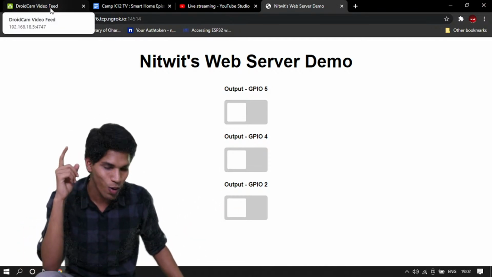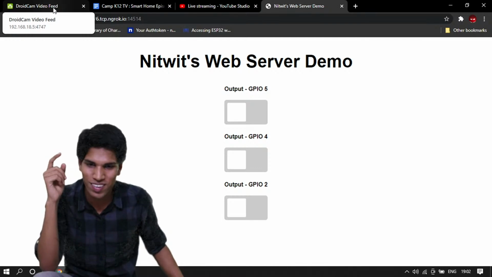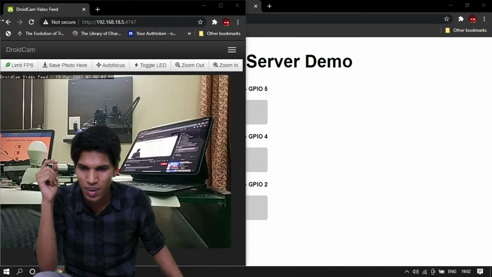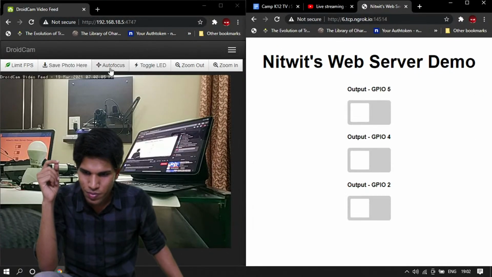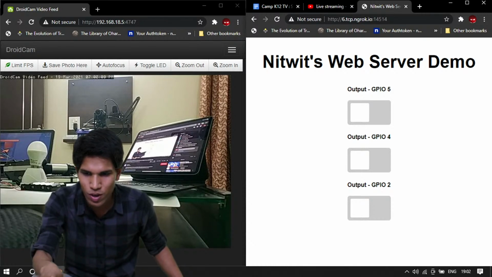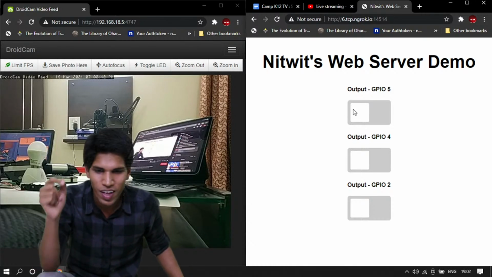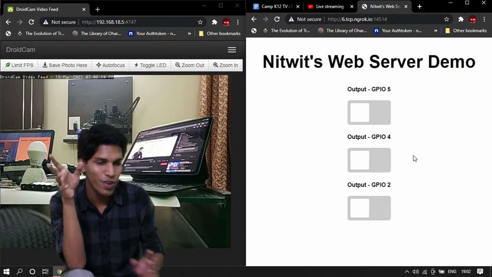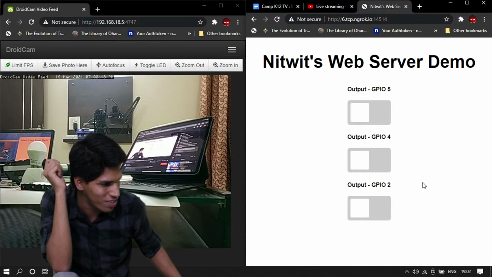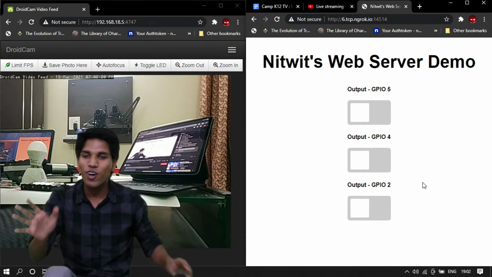Okay. So I'm just going to do a silly thing right now. So this is the table on which my stuff is right now. And on the right side, you guys can see that I'm on a link that has these three switches, right? So who wants to have some fun?